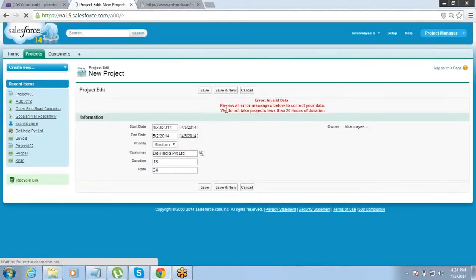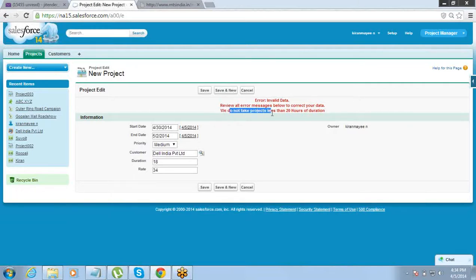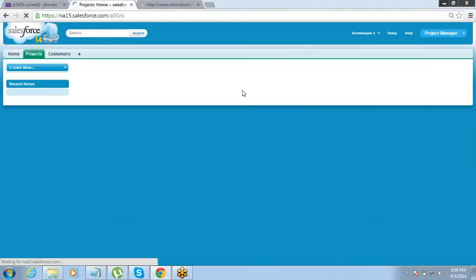It throws an error, does not allow you to enter the data. What is the error that it gives? It's invalid data. We do not take projects less than 20 hours of duration. So here it's 18. Got it?